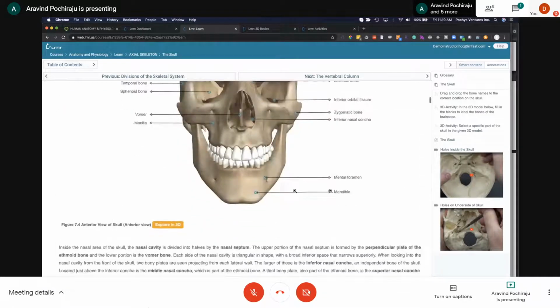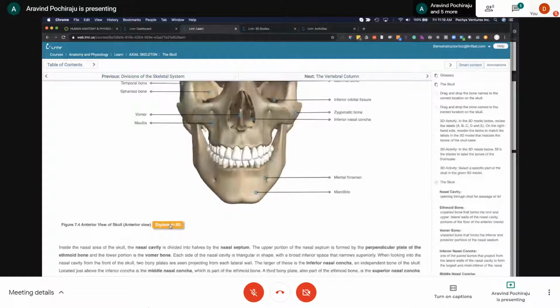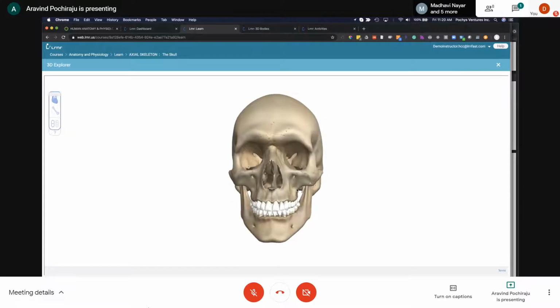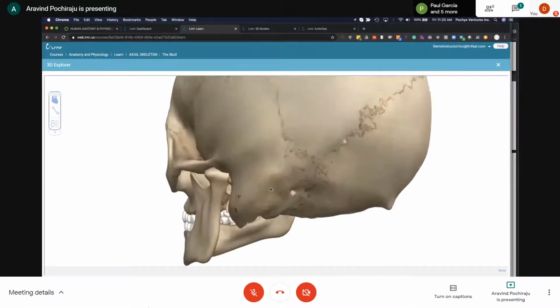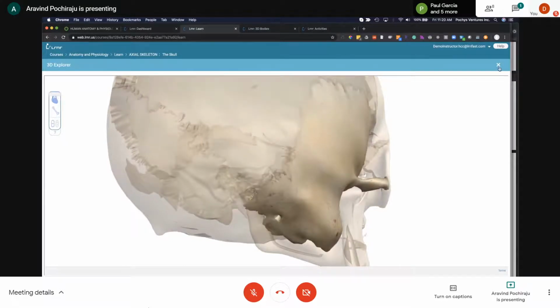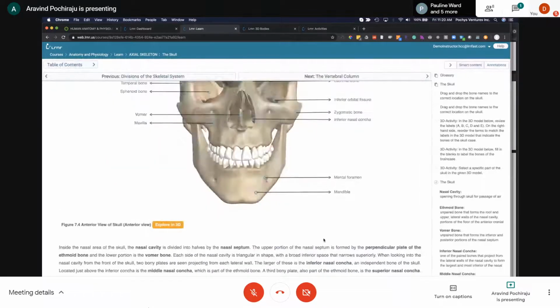Along with this, we also have an Explore in 3D button that loads that specific scene in 3D. Now, apart from that,